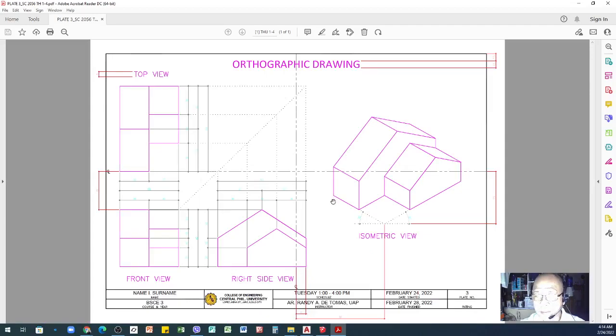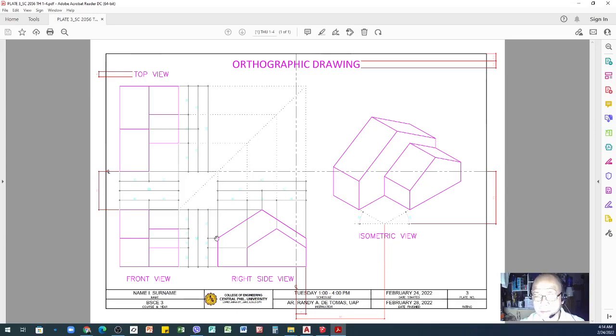But for the output, I need you to use this purple or magenta color. This is the isometric view, the shape, your top view, front view, and right side view. It looks like a house, but it's only a combination of lines.